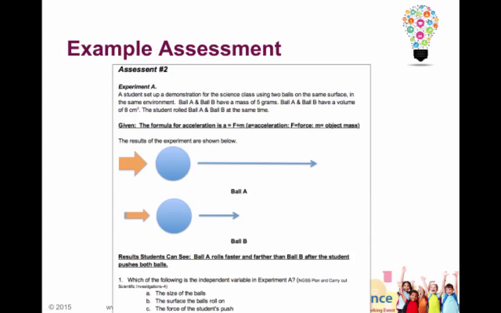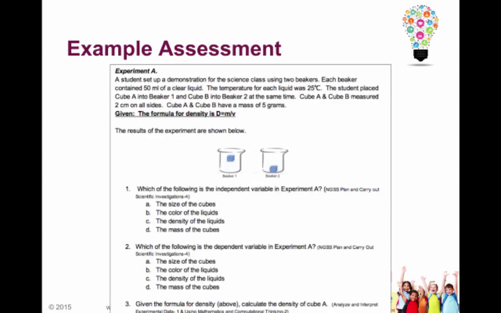What we've got here is we've given them already the formula, so they're not having to memorize the formula, but we're asking for application. Here's a scenario that's different than what they've done in class before, and asking the student to determine what the independent variable is here, in analyzing this particular experiment. Then here's another example. This could be a comparable assessment that could be used at another point in time to